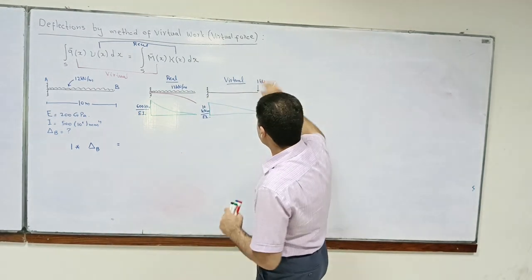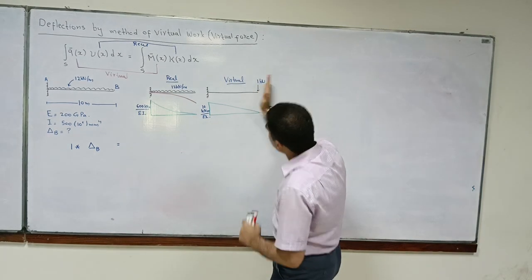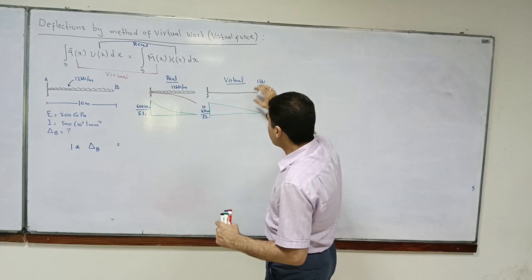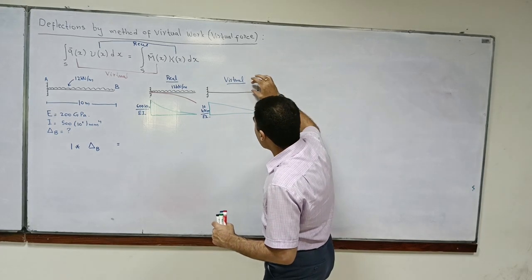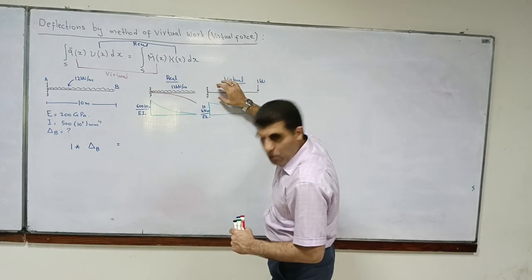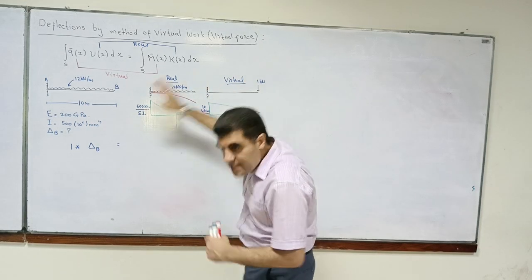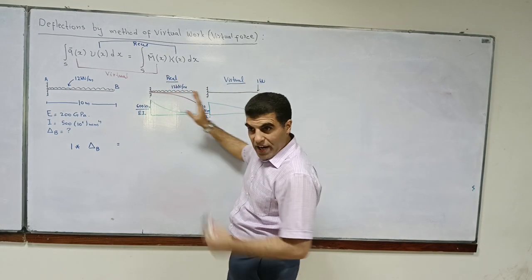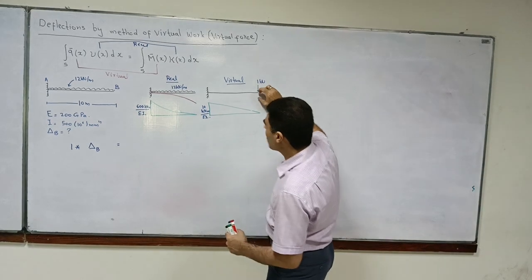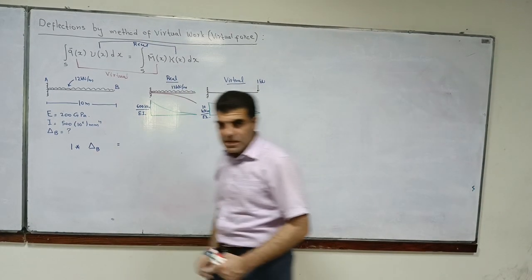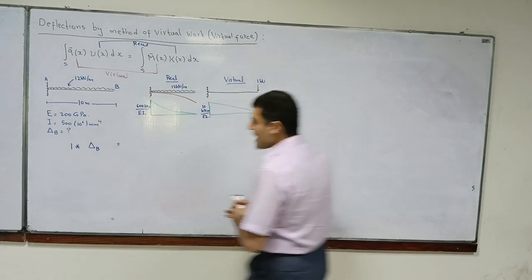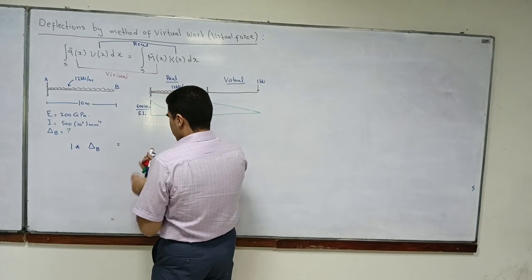Because if there were a series or a train of 1 kilonewton loads, then you would have multiplied each corresponding load with the displacements of the real system. In the current case, we have just one load, so 1 times delta B. Is that clear? Yes. So 1 times delta B is equal to